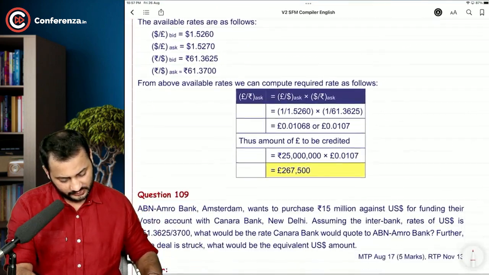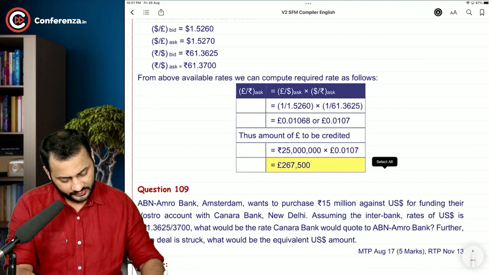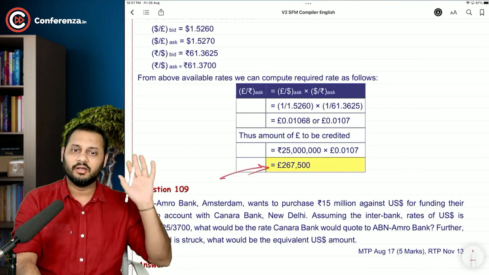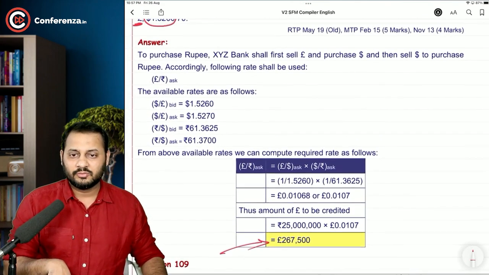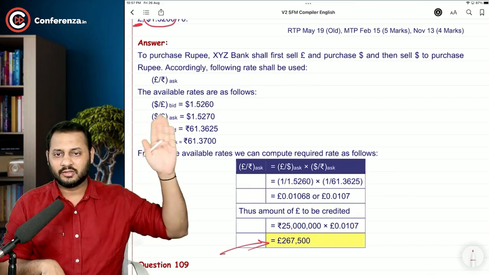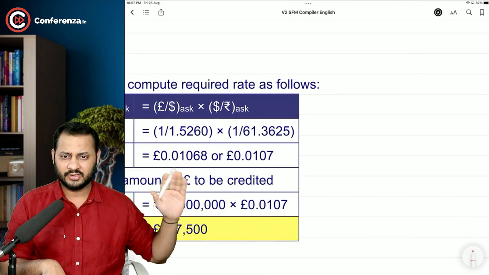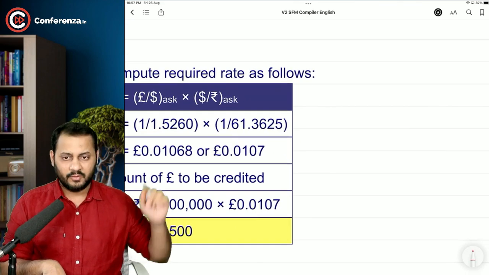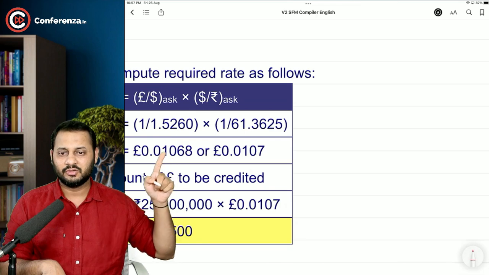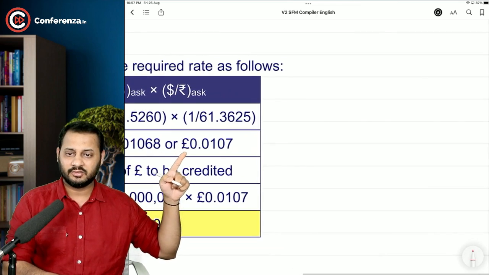Where is the answer? 267,500. So what they did is they just calculated the reverse of everything, I think. Yeah, here 1 divided by 1 divided by. Never do this. 1 divided by 1.5260, you rounded it, like this was rounded off, this was again rounded off,